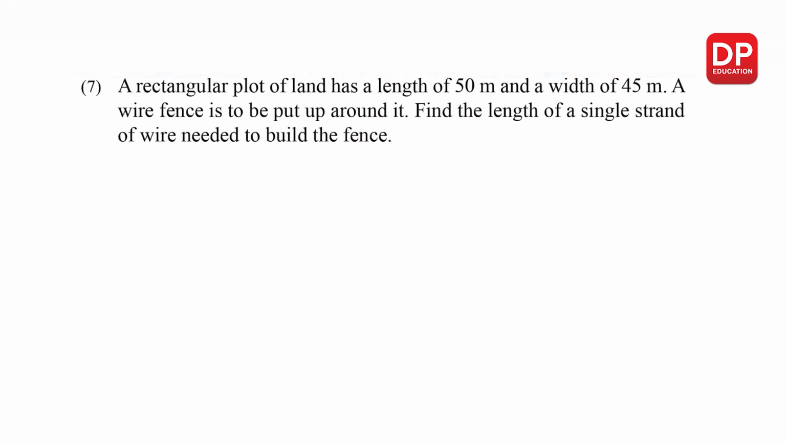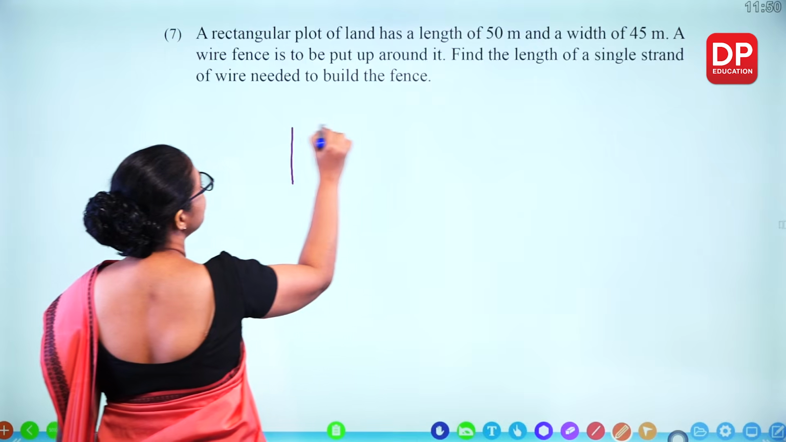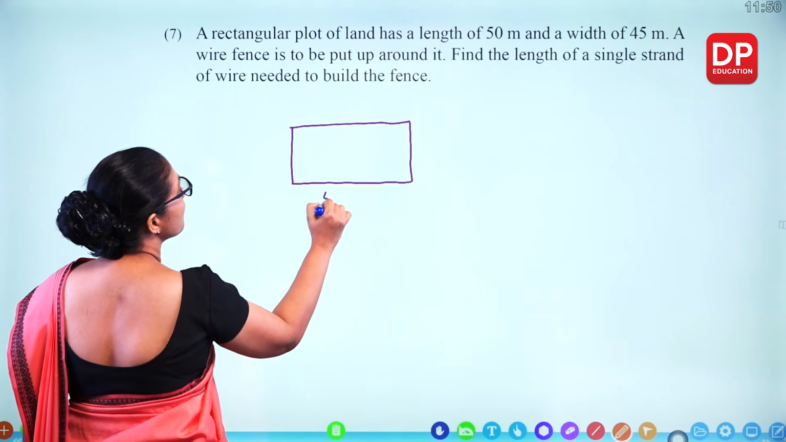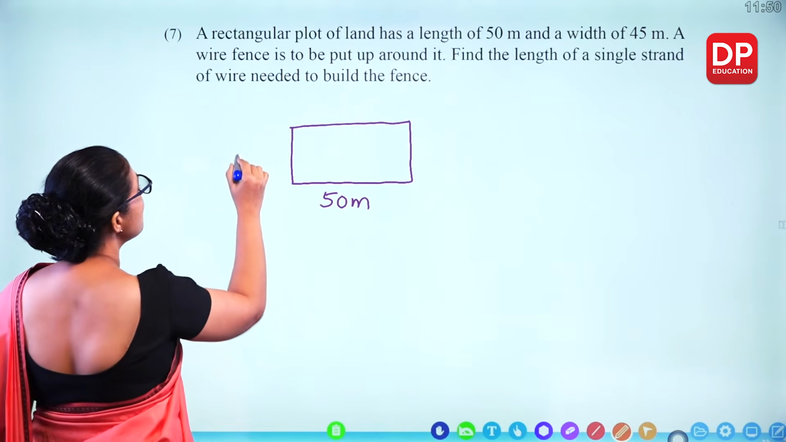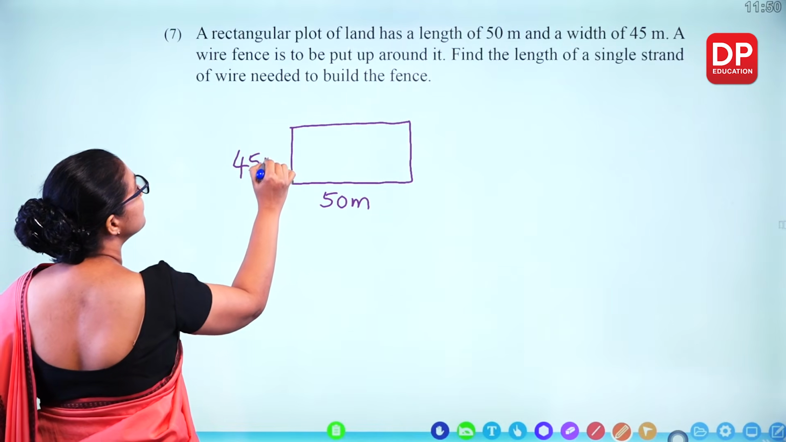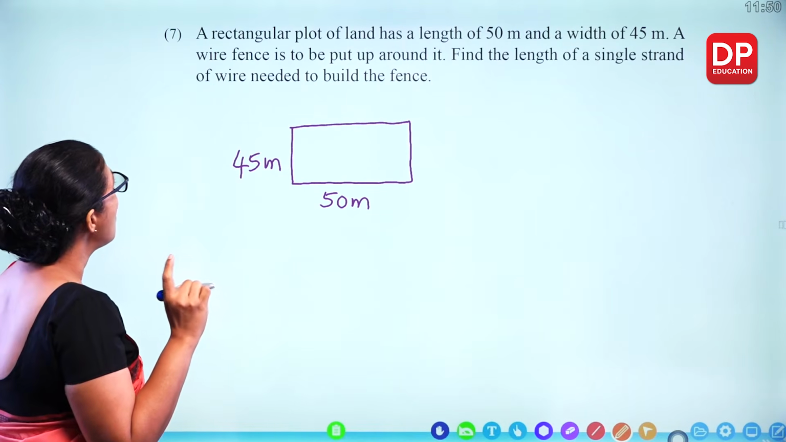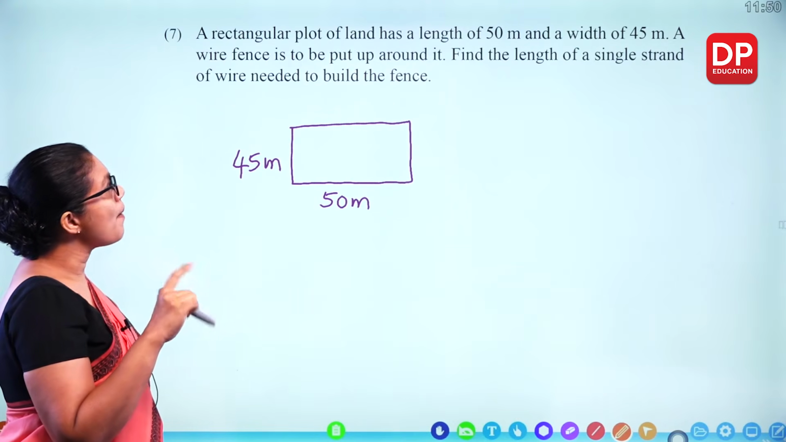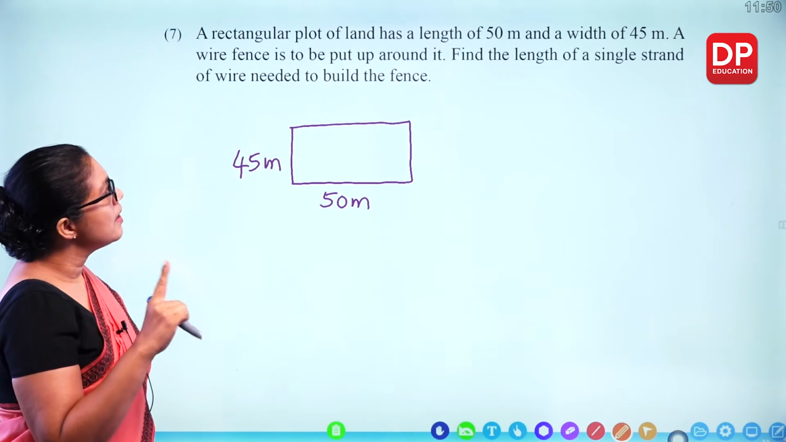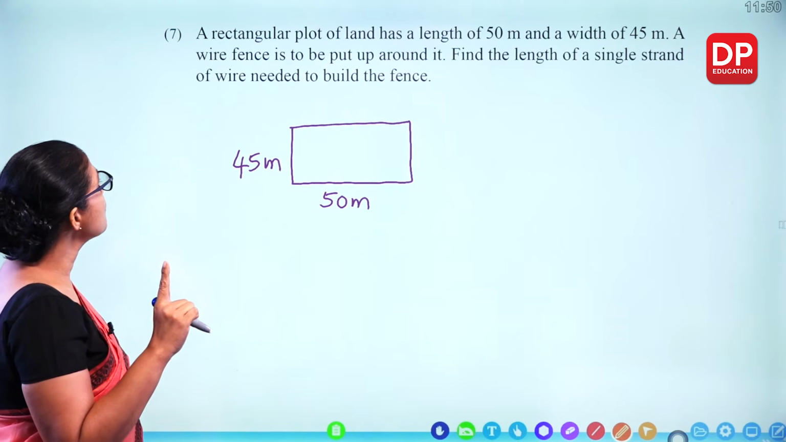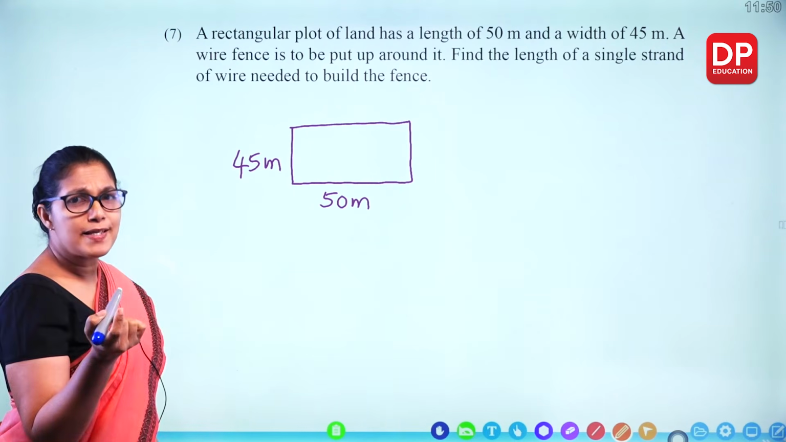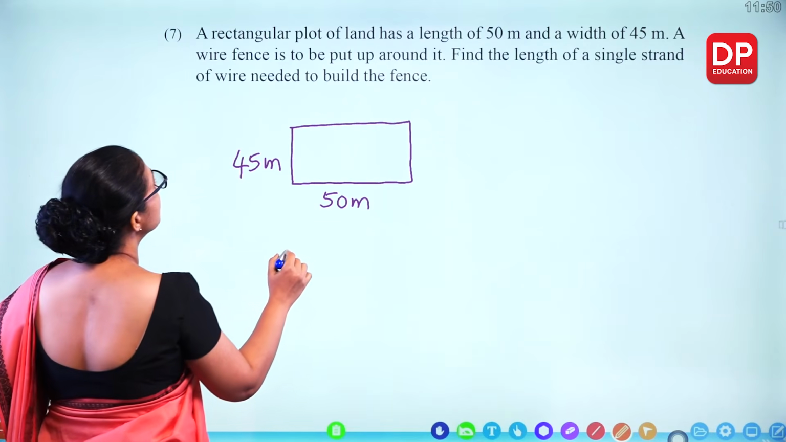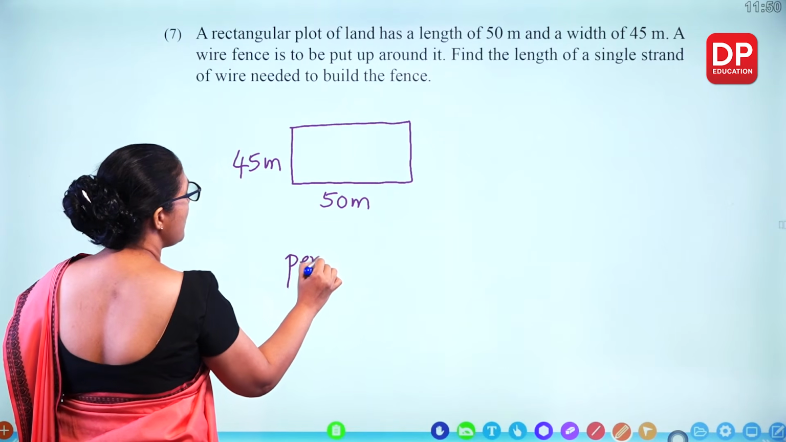A rectangular plot of land has a length of 50 meters and a width of 45 meters. A wire fence is to be put up around it. Find the length of a single strand of wire needed to build the fence. So that means basically the perimeter. So perimeter